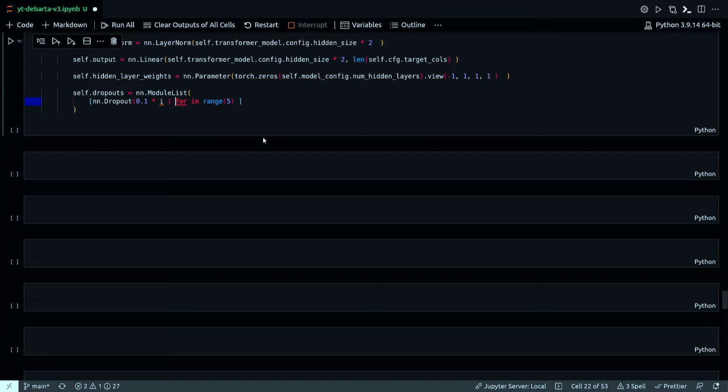Okay, so where I'm doing this here, 0.1 multiplied by I for I in range.